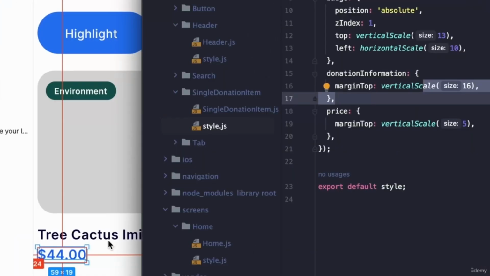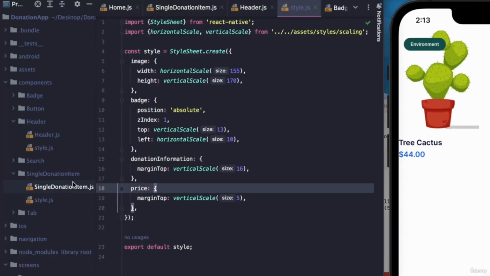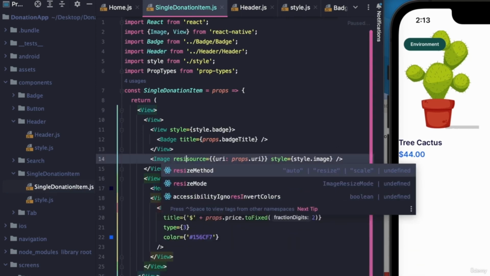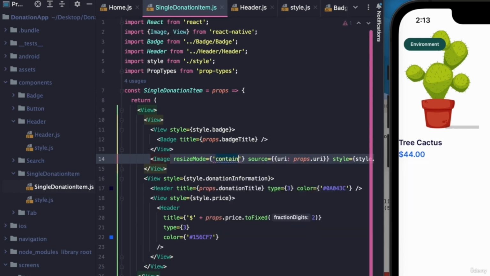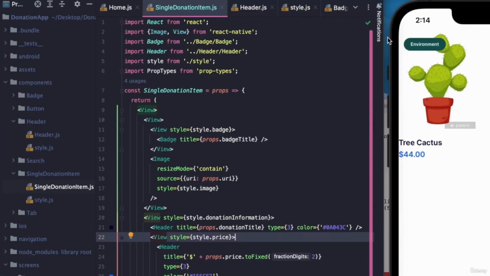Great. So now this is looking good, and we want to make sure that our image is fully visible. And for that, we're going to have to go to image and apply a resize mode, contain. Great. Now we're able to see full image. So now that we have all of these ready,